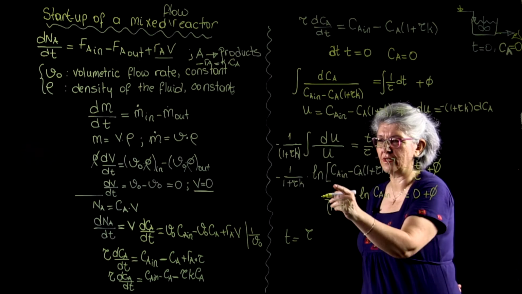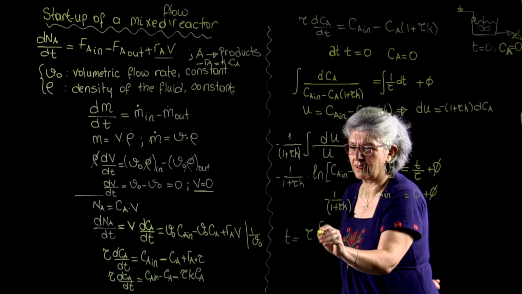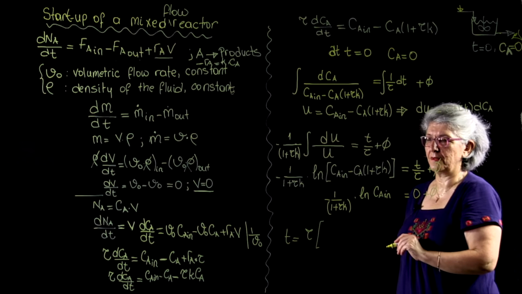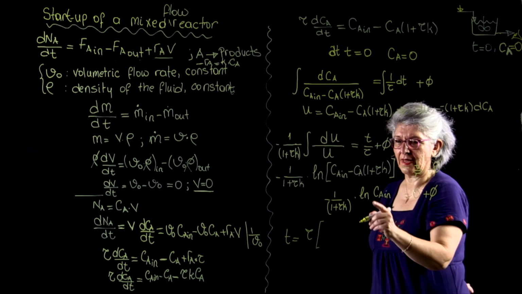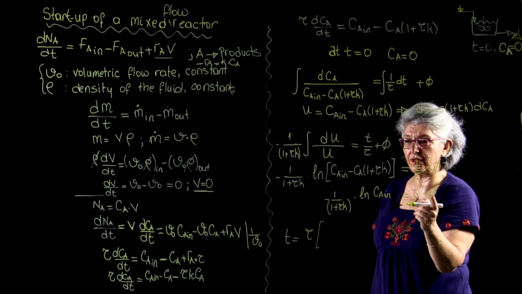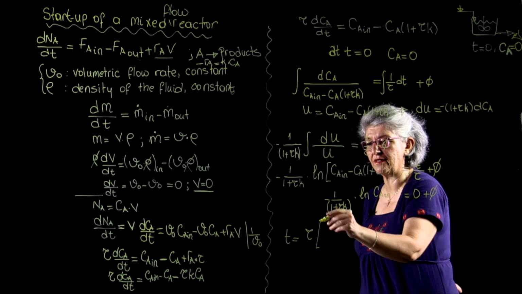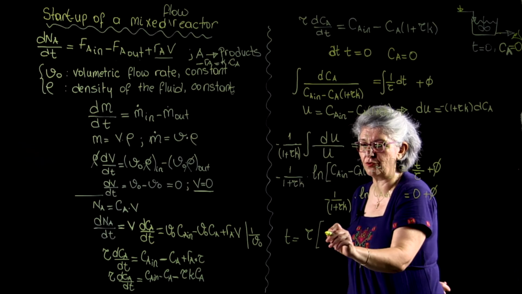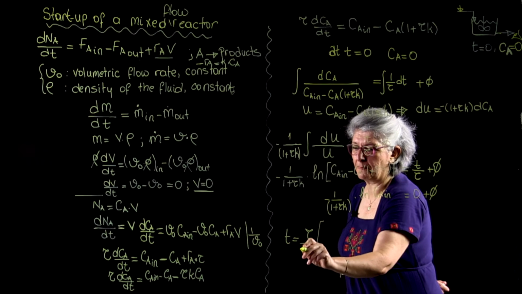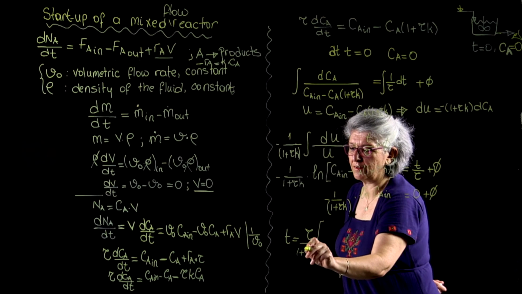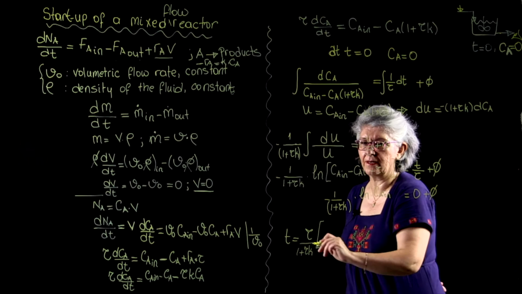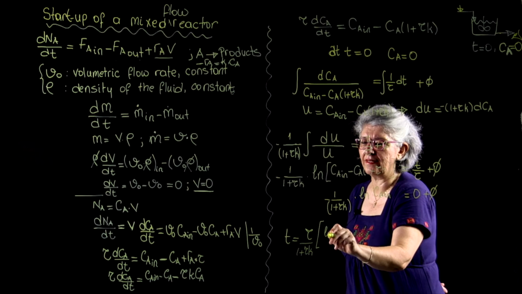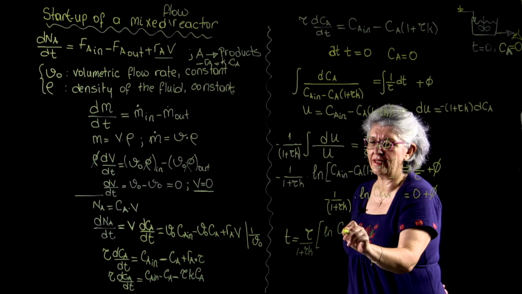I carried this to the other side of the equation; when it is carried to the other side, it lost this minus sign. So I'm going to have them in the same common denominator, 1 plus tau k times ln Ca in